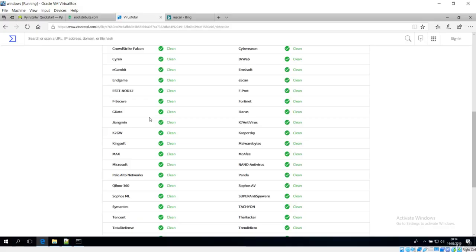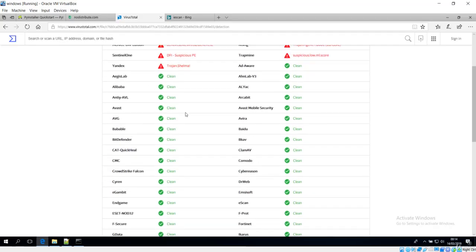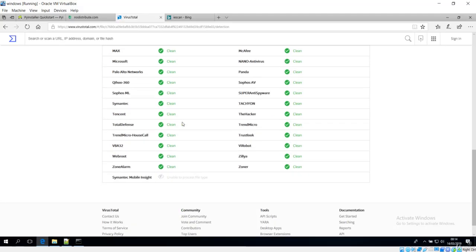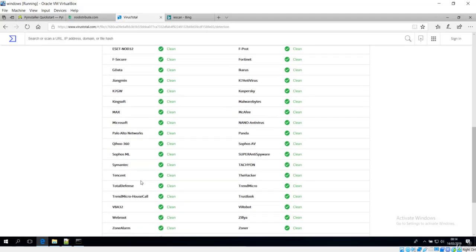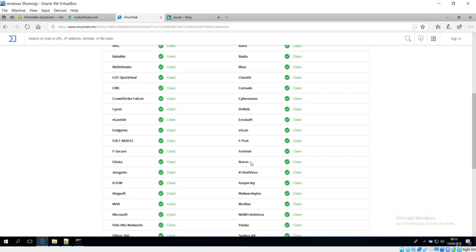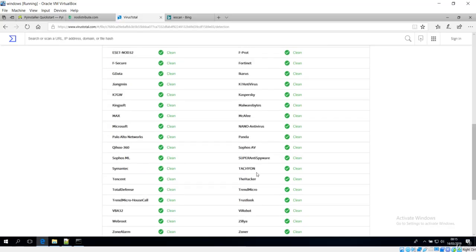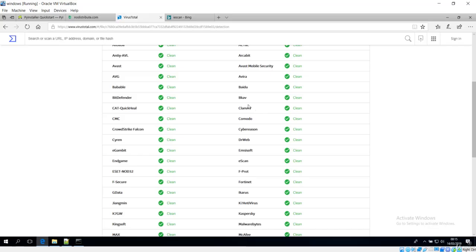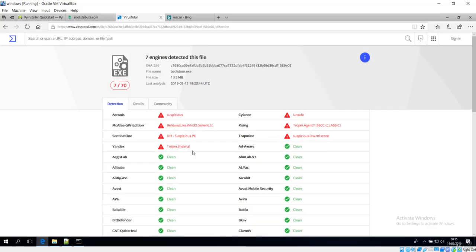So this will be a wrap for this lecture. We saw how to convert our Python code into executables, and we also saw which of these antivirus applications will detect our application and give us a warning not to install it. You can see Total Defense is a top application, and you can see Kaspersky over here. So some of these applications have given us a clean sheet that this is not a Trojan or any suspicious virus. So this was quite a good backdoor.